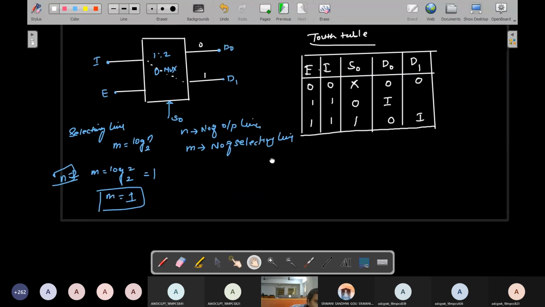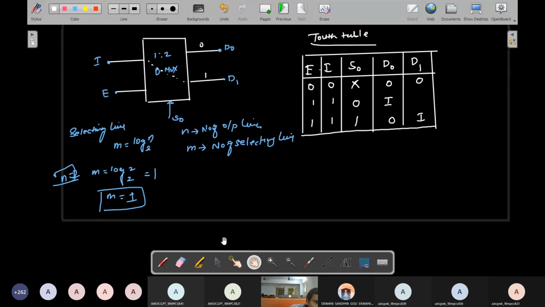Now I'll move on, not to the next page; on this page only I'll draw the diagram. I'll draw the logic circuit and the Boolean expression. The Boolean expression represents all our AND gates. There are no OR gates here, because demultiplexers are decoders. You can identify this for every output. First of all, I write it for output D naught, which is our first output.